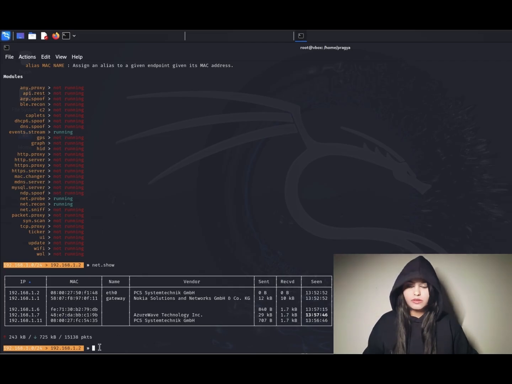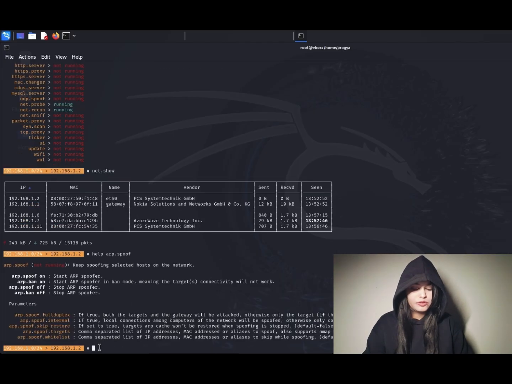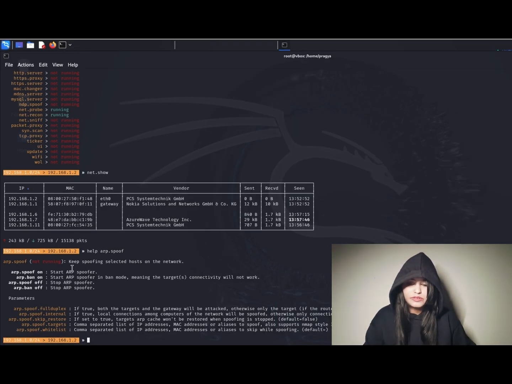The next module that we are interested in is arp.spoof. Again, if we are using a new module, we'll check with the help command, help arp.spoof. Over here, it says keep spoofing selected hosts on the network. So right now we have to select one of the hosts.